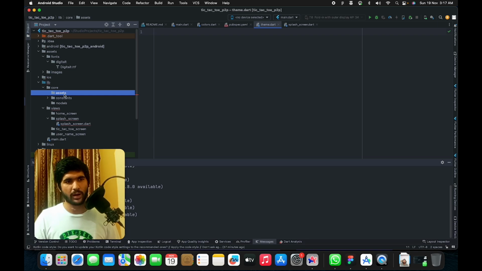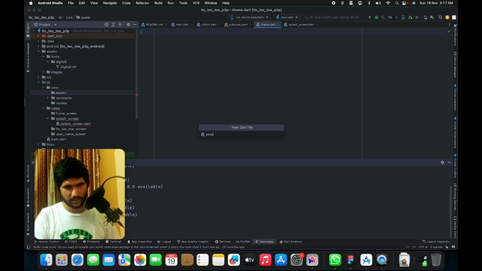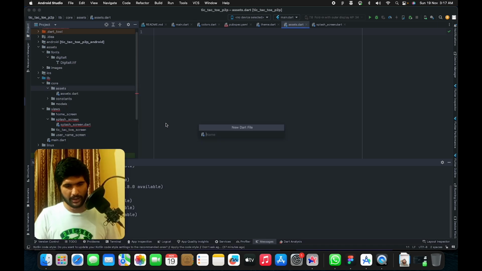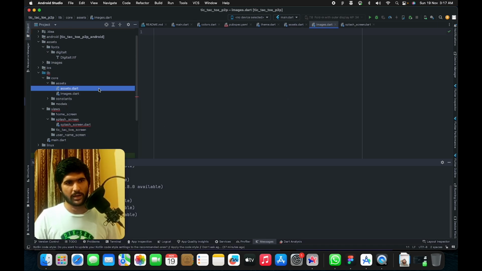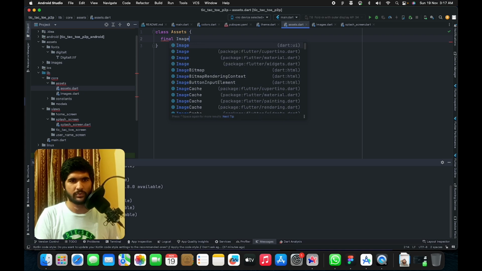Now let's go and add some inside our assets. So here I'll create assets. I'll create images. So inside assets.dart, let's create class assets, which will have